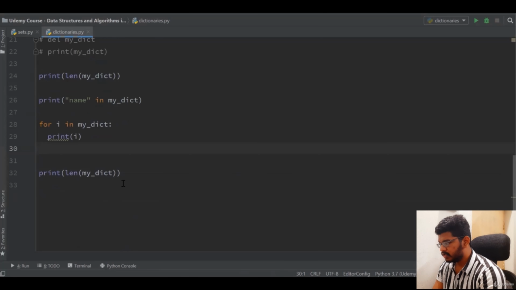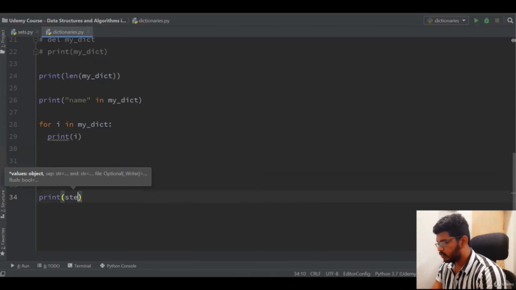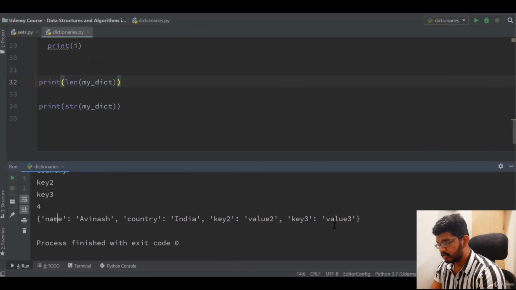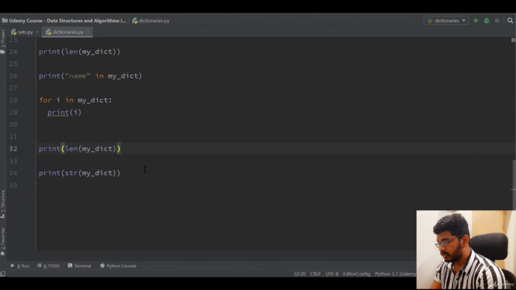After length, what I said is we can convert this dictionary to a string, and I'll pass myDict. So print, you don't see anything, it will just print as a dictionary, but it is in the string format. After this string, the next function is